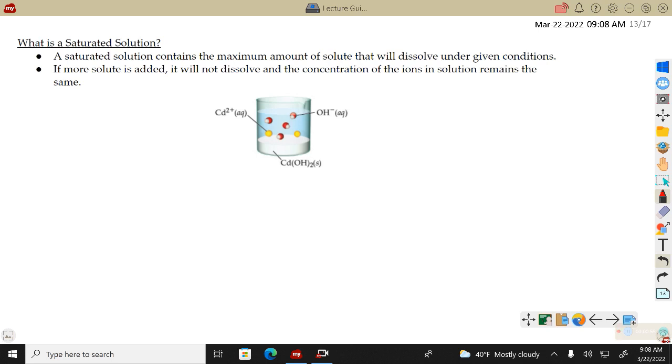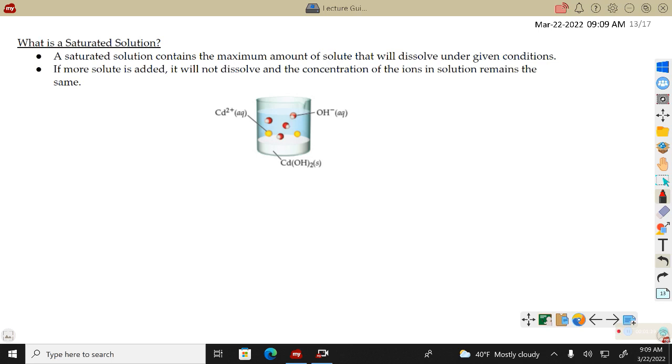It's easy to make a saturated solution. You take your water, or whatever solvent you're using, and you just add in the solute. Here the solute looks like some cadmium hydroxide. And you just keep adding that solid, stirring it around, and if it dissolves, you add more solid. And you keep adding solid and dissolving and stirring until you get a layer of solid